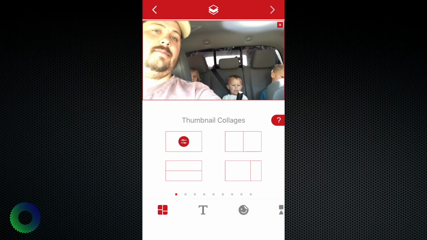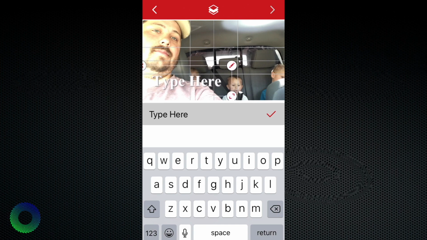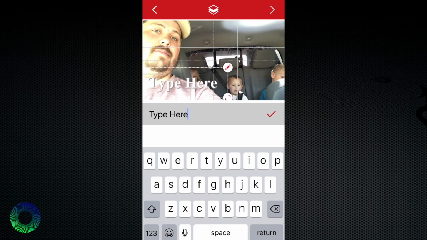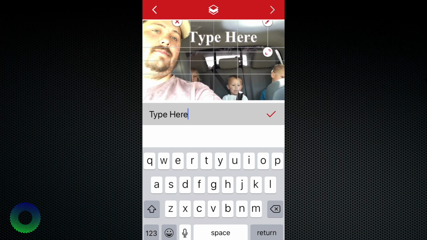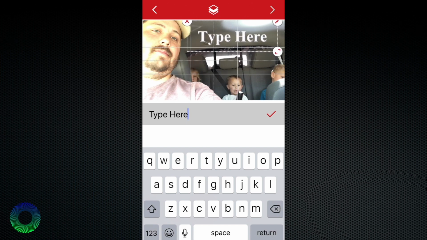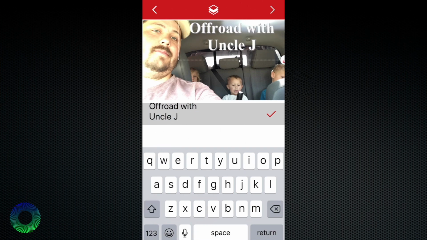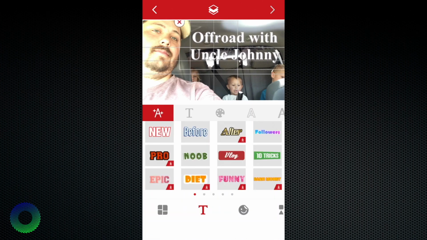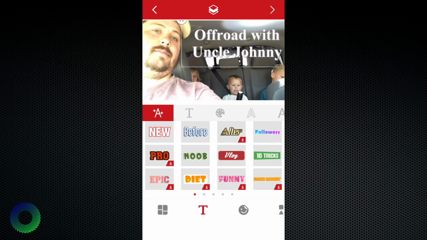Now that we have our image selected, let's go ahead and select text. You can put your text all over. The cool thing that I like about this program is it has the screen broken out into different kind of quadrants, so you can line it up where you want it to go. Let's type out something. Done. Now I have the option of putting it right where I want it to be,